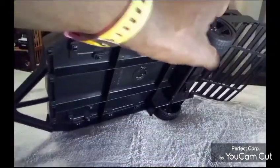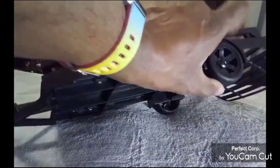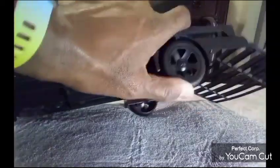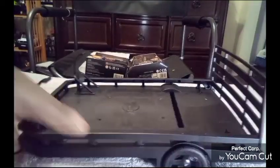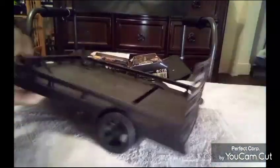The wheels are like a hard plastic on everything. You cannot change them out or anything like that. But I wouldn't recommend constantly keeping it on there. Like I said, this thing is more of an aesthetics thing. And then that's the trailer that you want to put on there. And let me show you